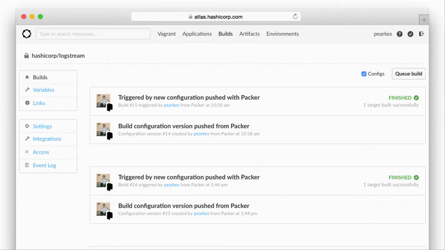Just like apps, you can see a history of builds. A difference here is some could come from GitHub. You can see some are triggered by a configuration push, and you can also see the configuration changes coming in from Packer. So it gives you a central way to see all these changes. It's also important to understand that the applications could come from Git, and these could come from Packer, and it could be a devs versus ops sort of thing. If they're the same person, that's great, but if you still have some silos in your organization, where ops is managing Packer and devs are doing application code, then they could come in separately and they could share code with each other.